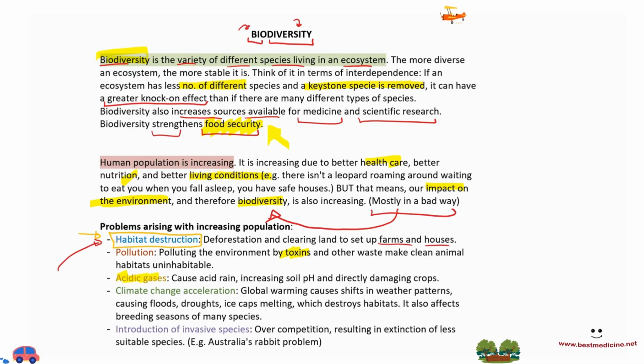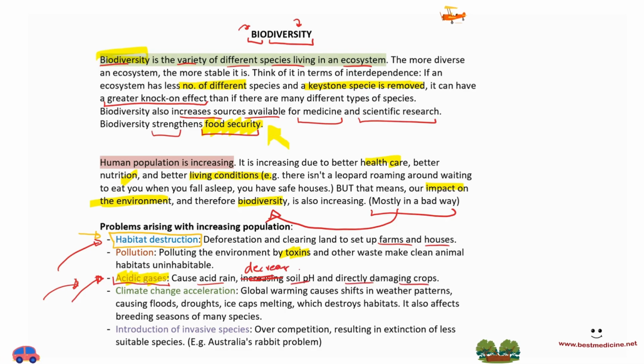Acidic gases. When we have this combustion going on in factories as well as cars, that results in acidic gases being released. We'll talk more about this later if you don't know what some of the acidic gases are. You're supposed to know this for chemistry as well as biology. All the oxides of nitrogen are acidic gases, and sulfur dioxide or oxides of sulfur are also acidic. And so you don't want them to go out into the clouds and rain down on you. So acidic gases are produced, which cause acid rain, and that has very severe consequences that we're going to look at in a bit. So it decreases soil pH